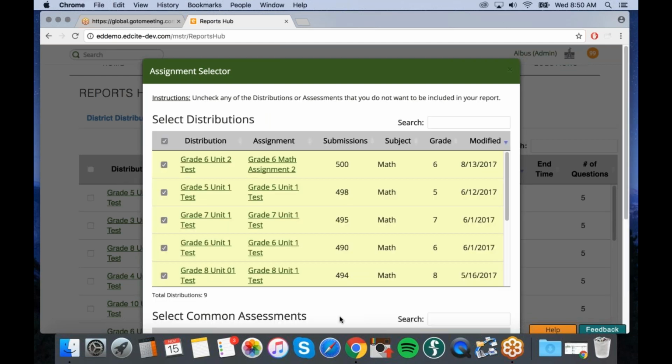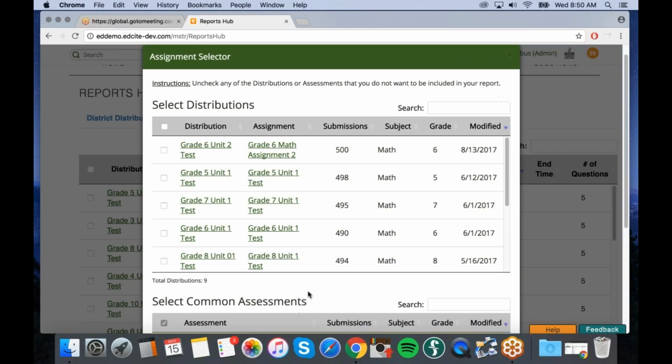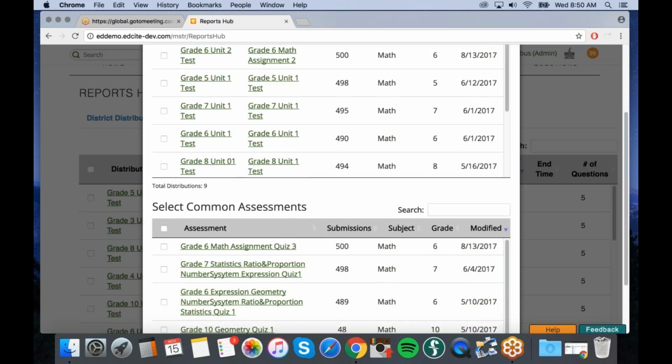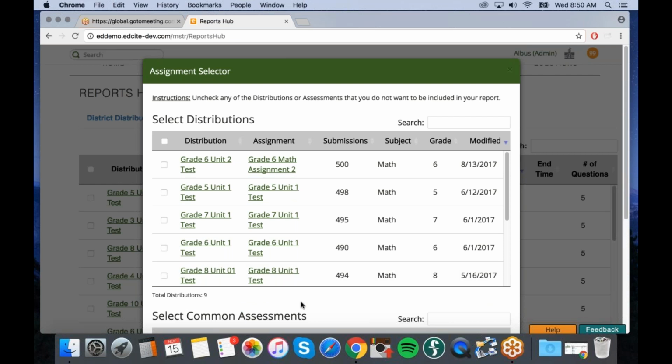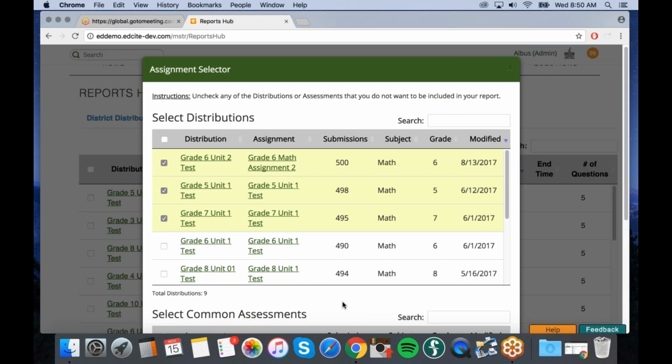And sometimes if you're crunching a lot of data, I will tell you it takes a while to generate the report. So for the sake of time, we're going to deselect everything from both tables and just select grades in our distribution table, 5, 6, and 7, the top 3, just to make it easy. Perfect. So if we scroll down